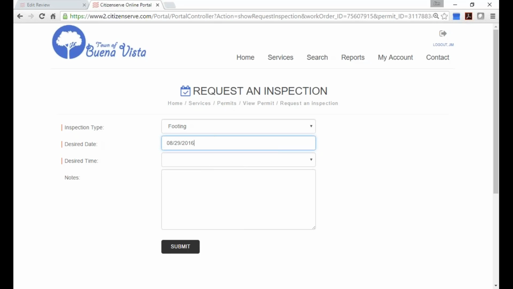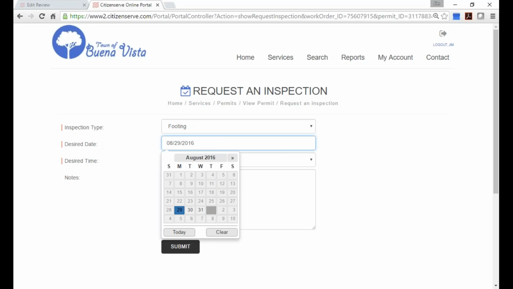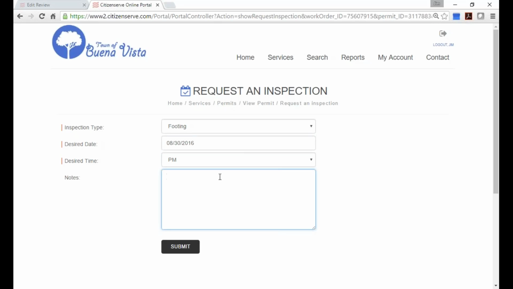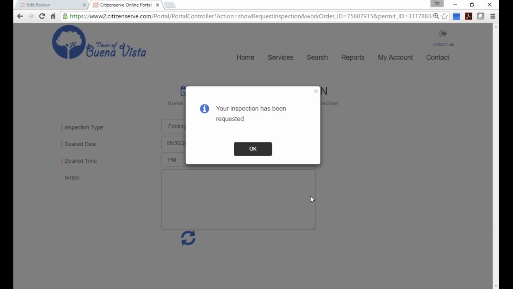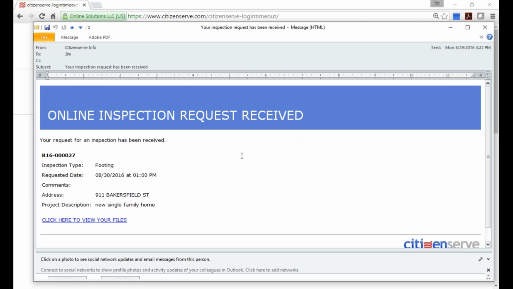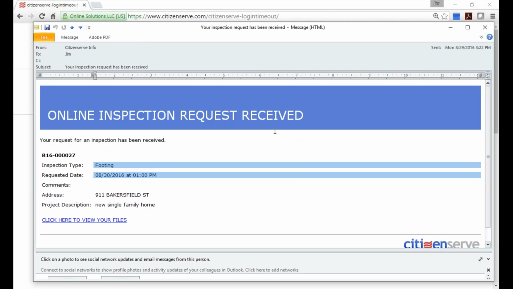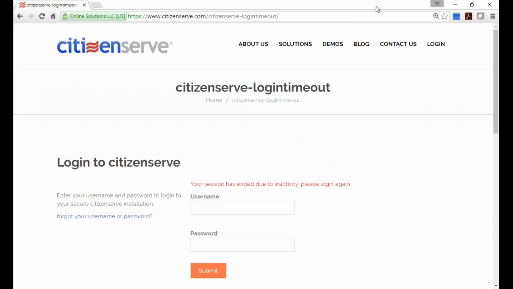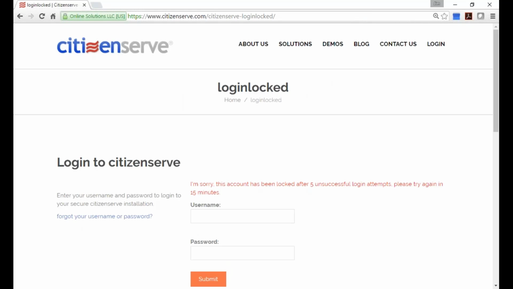So I'm going to put in a desired date and desired time here. Let's make it tomorrow. I can put some notes in here if I want to. So my inspection request has been received, with the footing information here. So I'm going to go back over, and I think that Liam Jameson is going to,